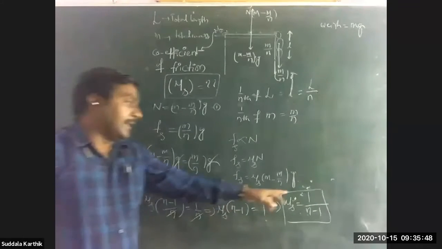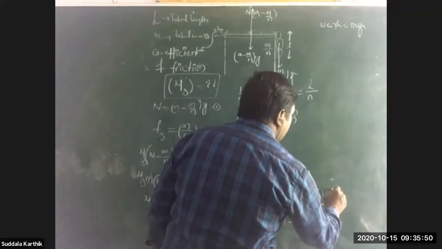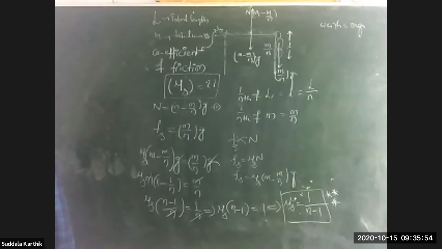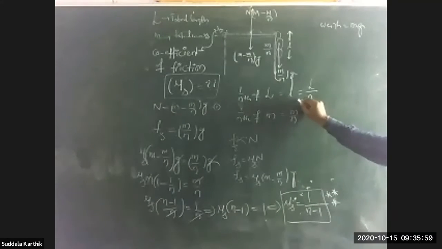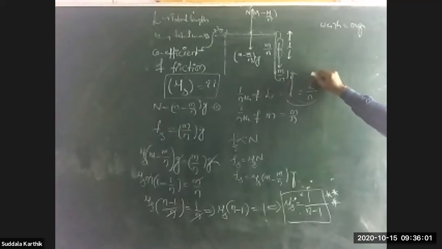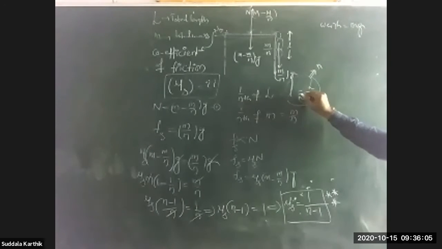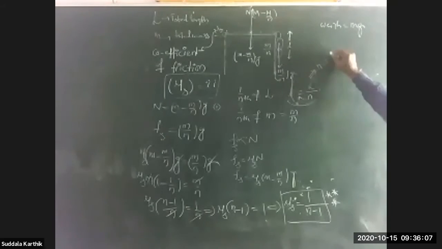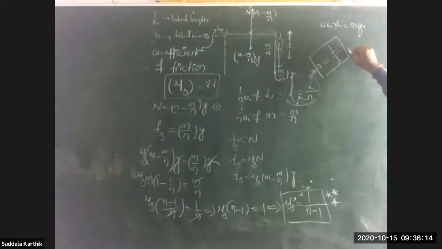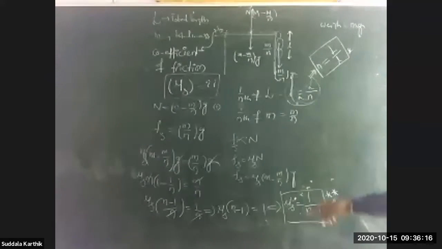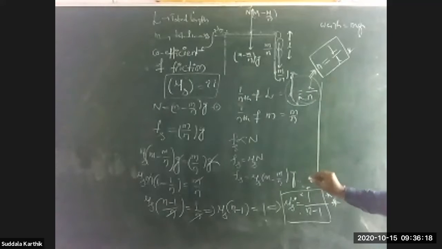Mu s is equal to 1/(n minus 1). What is n, Nana? Yes, just now we have taken n, from this equation you can write n is equal to capital L by small l. Capital L by small l. You can also substitute that in this equation. So I am substituting that value, Nana.